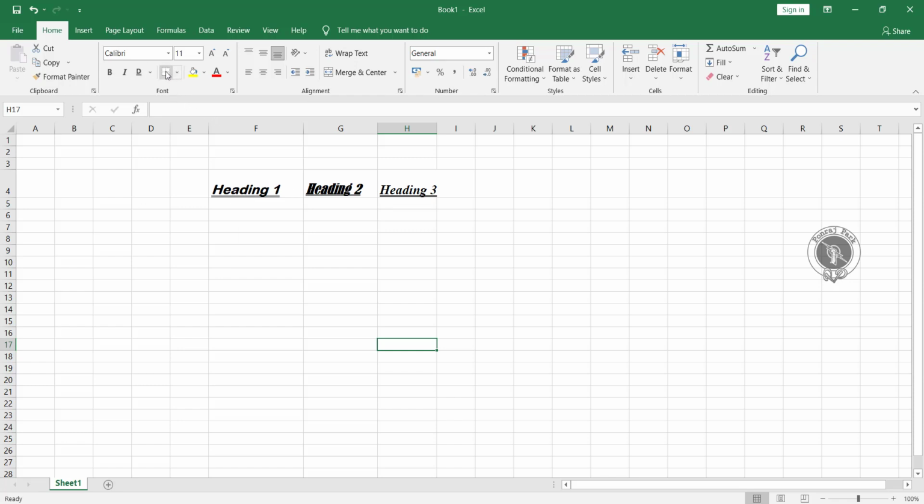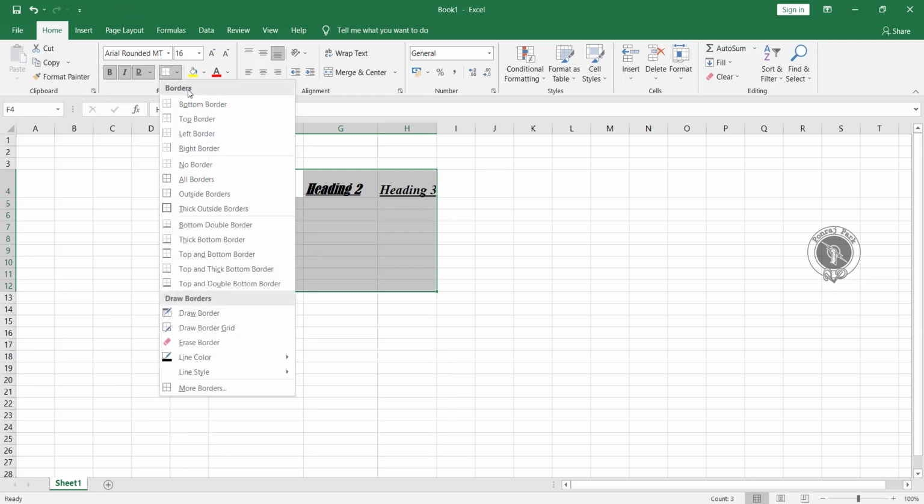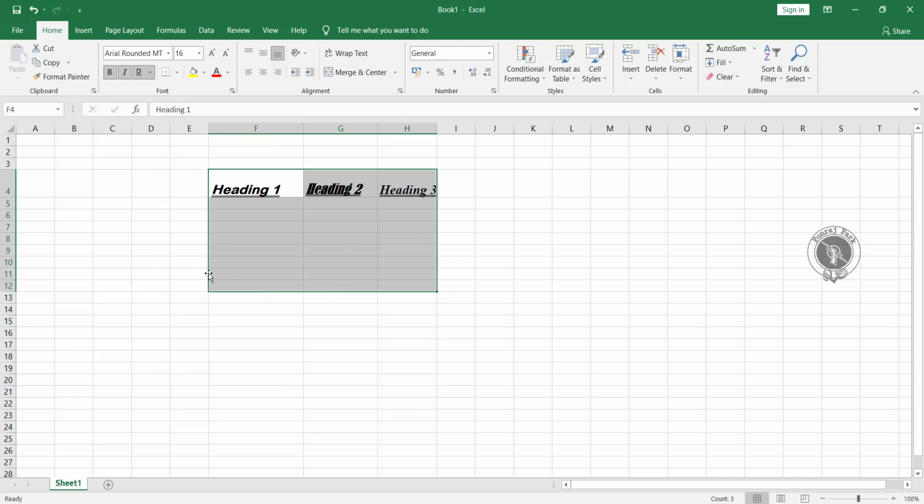Next we have the borders. If you want to give any borders to this, I'll just select my area. Suppose I want to give a border in this, you have to click on this little drop down. The first option we have here is border bottom. If you want to give a border only to the bottom, you can click on this, and it will only give a border to the bottom.